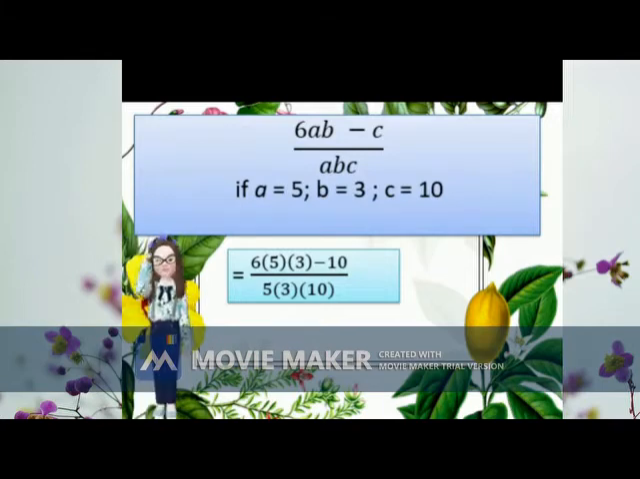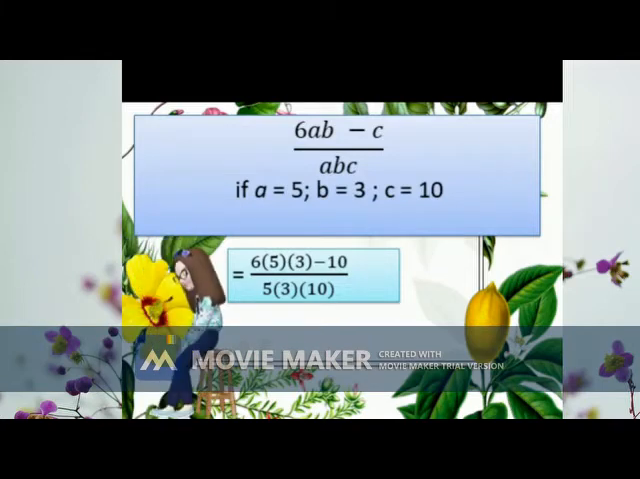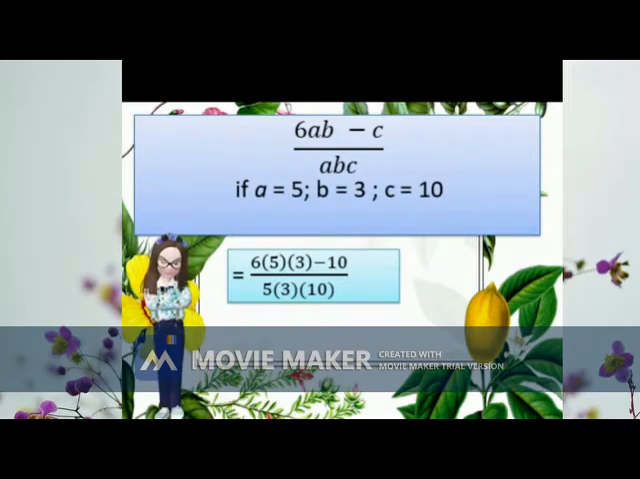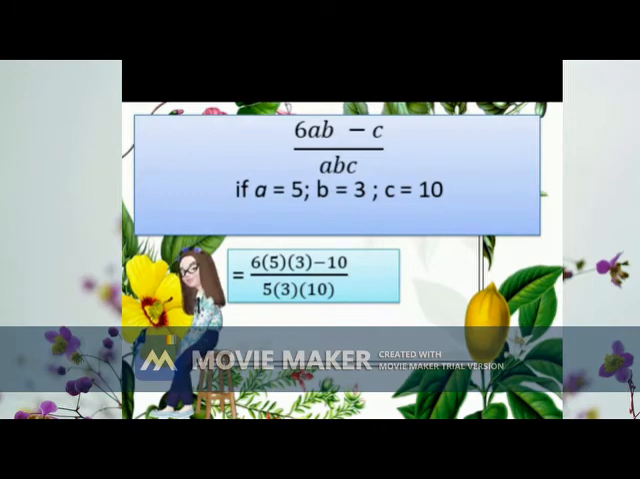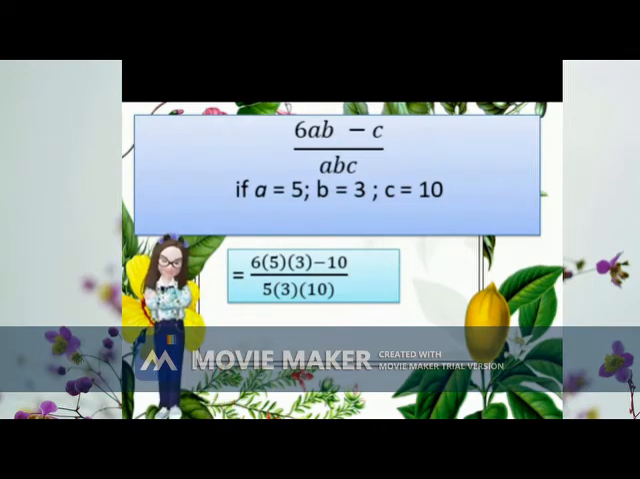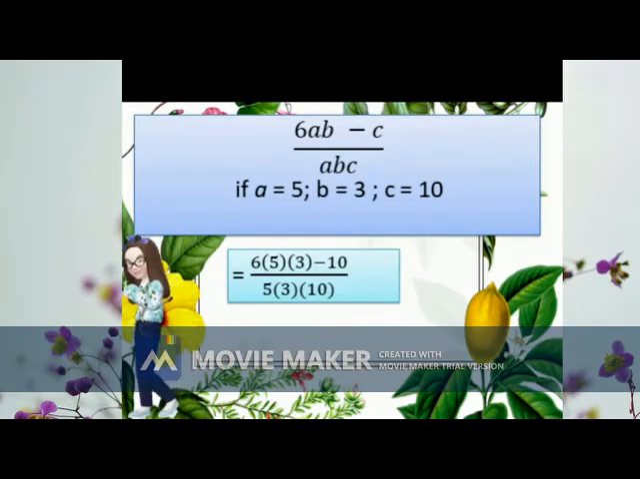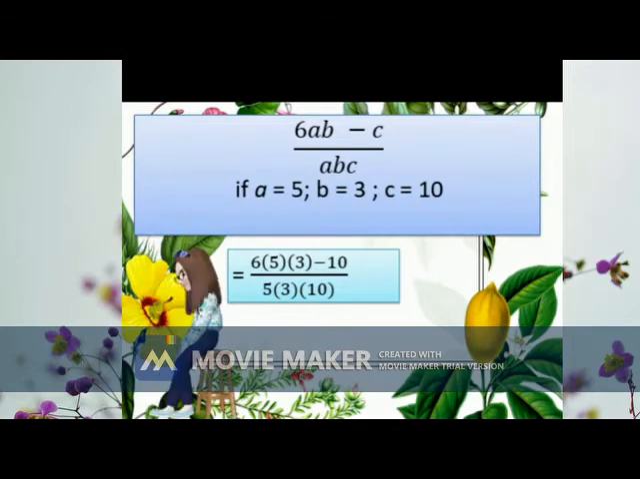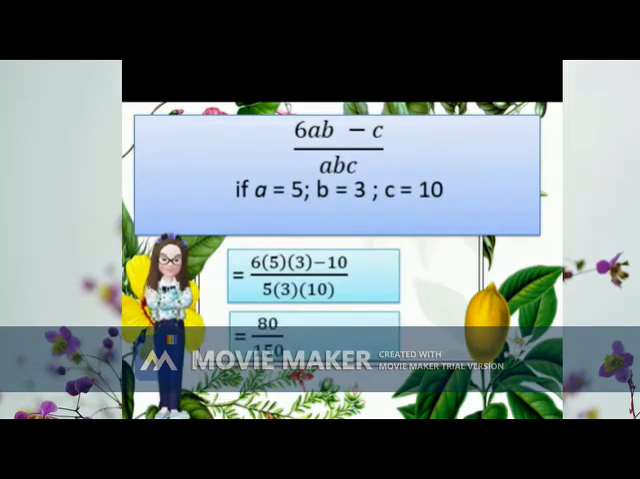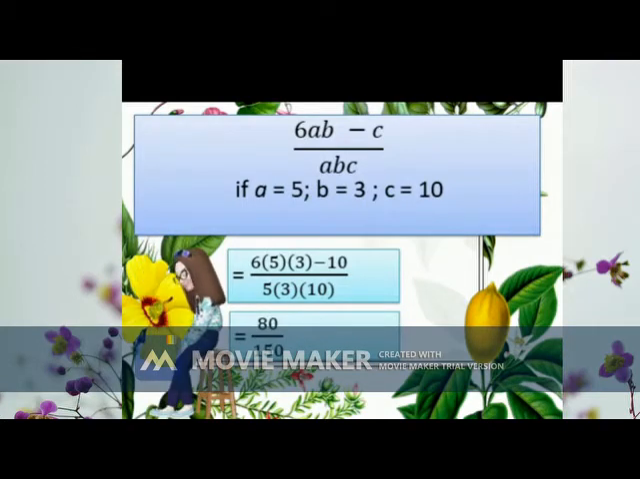the solution. So you have 6 times 5, that will give you 30, times 3 will give you 90 minus 10. So your numerator will be 80. And for the denominator, you have 5 times 3 is 15 times 10 is 150. So this will be the next step. Writing it as a whole first, you have 80 over